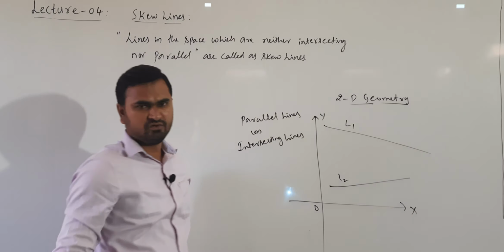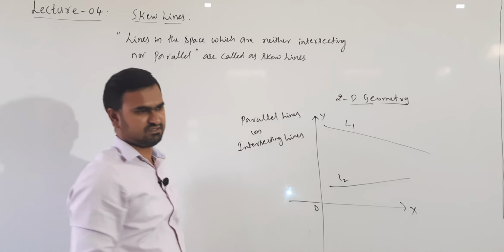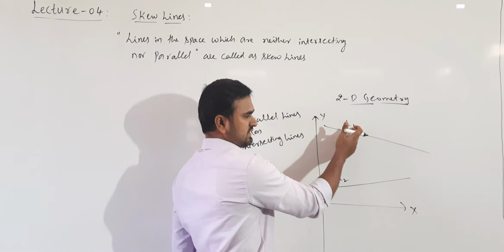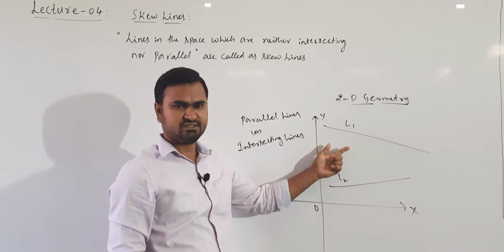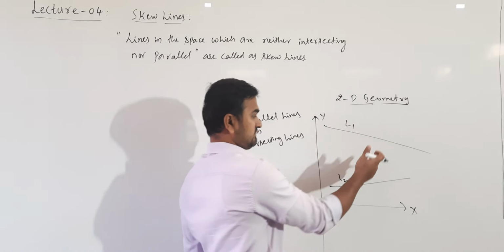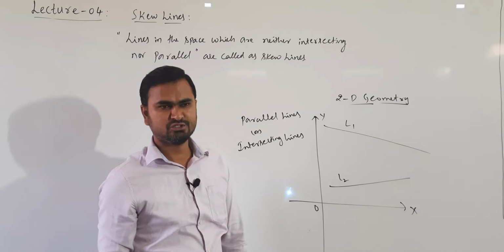In the plane we can have only two types of lines, which are parallel lines or intersecting lines. Observe these two lines, are they parallel? They are not parallel. Now, they are not parallel means compulsorily they will be intersecting at some point. So even though they are not intersecting here, now a straight line is what? It is extended up to infinity on both sides.